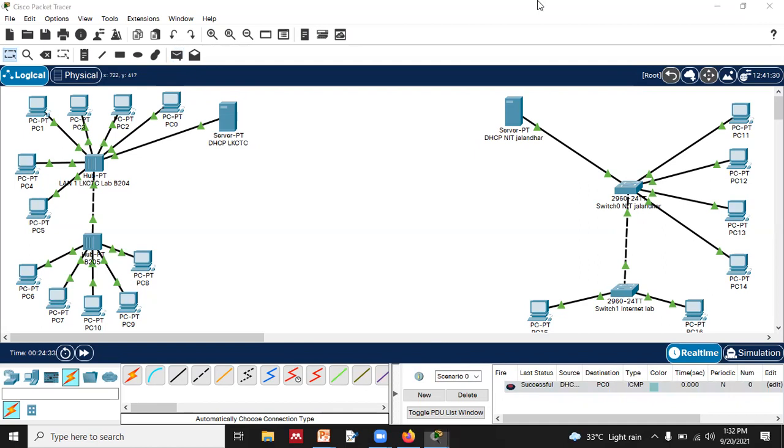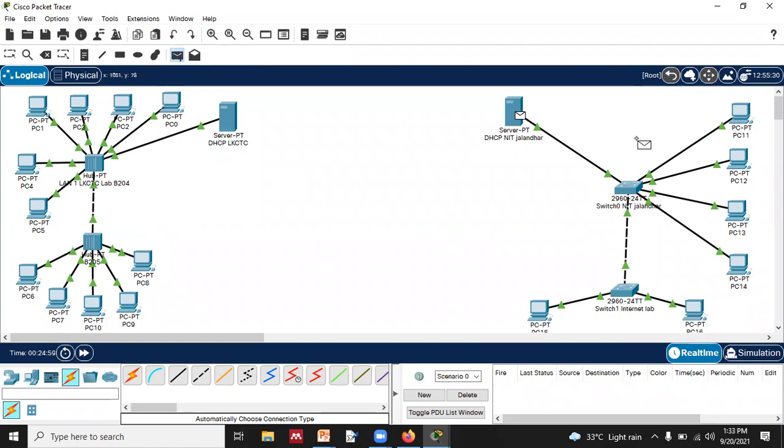Yes. So it means this server is able to connect with any device, right? Let's check between devices, from one LAN to another LAN. It is successfully working, right? Let's delete the scenario, and again we will do it with another device, PC2 to PC10. Yes, it's working over here, right? So that hub is working fine.